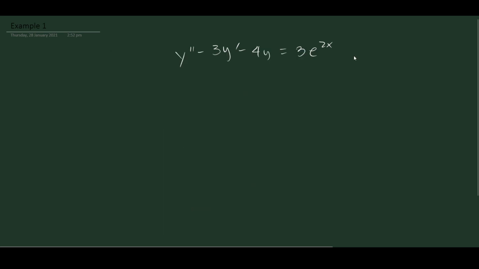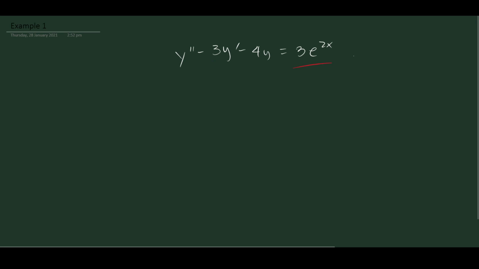Okay everyone, let us now have our first example. We have here y double prime minus 3y prime minus 4y is equal to 3e raised to 2x. Now, as you can see, our coefficients here are 1, negative 3, and negative 4. So those are all constants. Okay? And if we take a look at our right-hand side, we have here 3e raised to 2x, which is